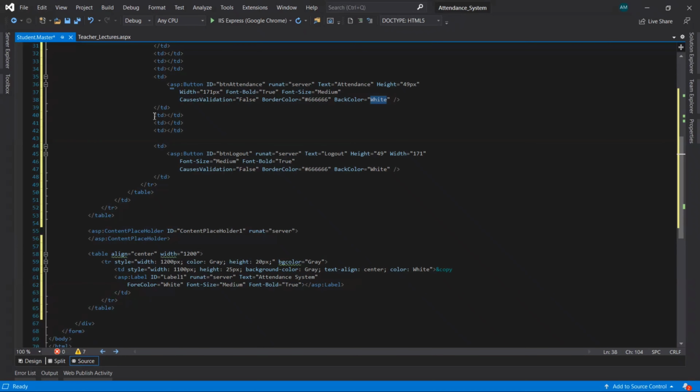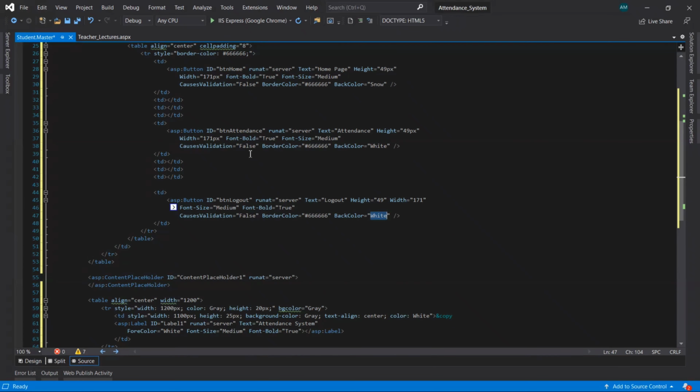After that, I have taken another three empty table data, with no content or code inside. In the last table data I have taken another button control with the ID btnLogout, text Logout, height 41 pixel, width 171 pixel, font size medium, font bold true, causes validation false, border color and back color white.